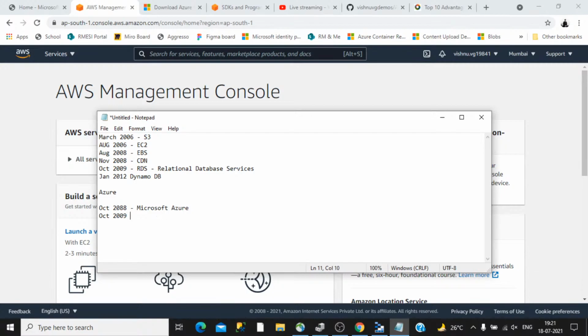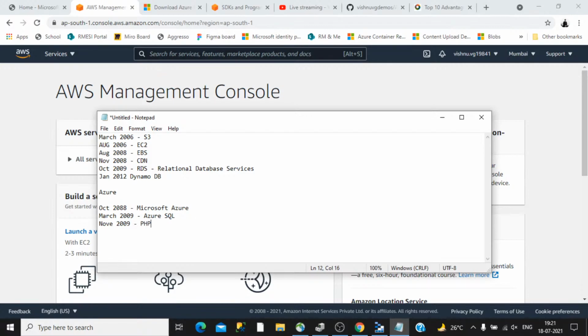This is called Azure SQL. This was in March 2009, and by November of 2009, they came up with more integration to the open source community,